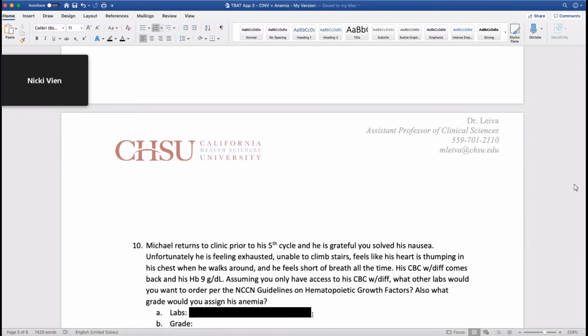So the labs we want are the iron, ferritin, and vitamin B12. And the grade, we put grade 2 for moderate because it's around 8 to 10. That's awesome. Exactly. So here, I'm going to undo this to show you what my...